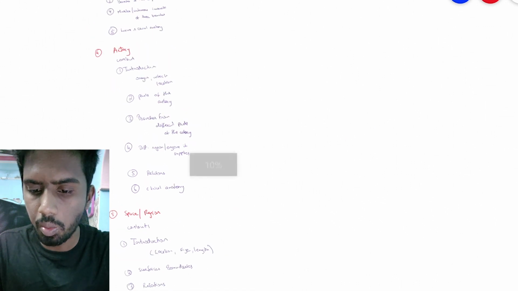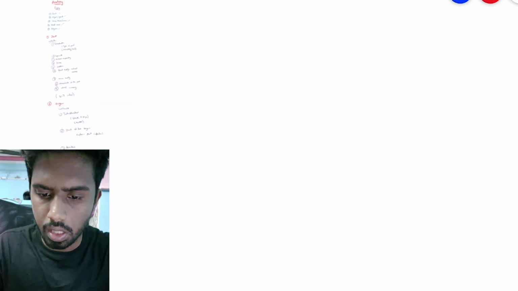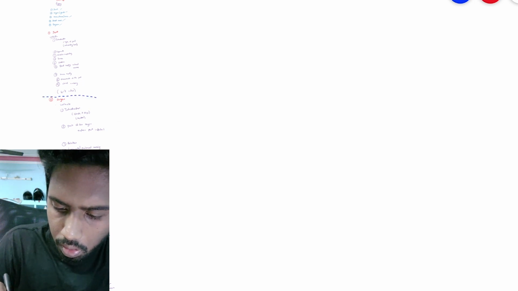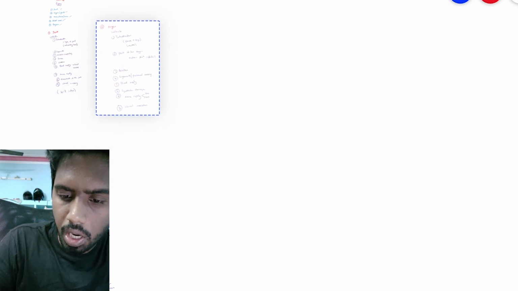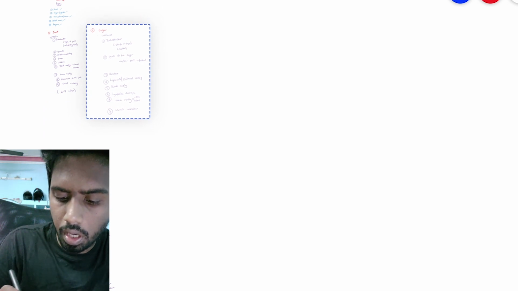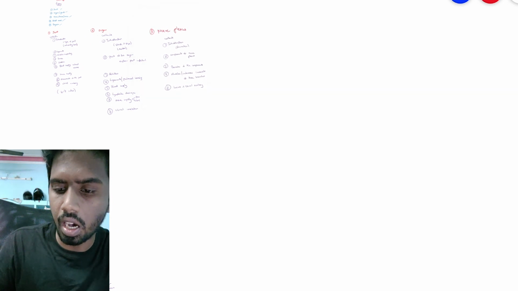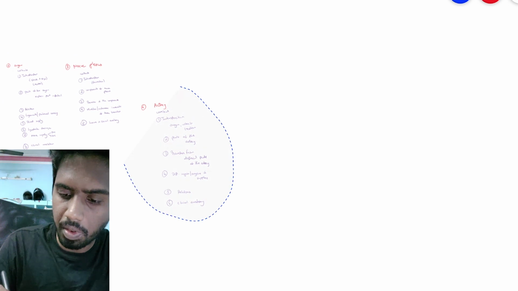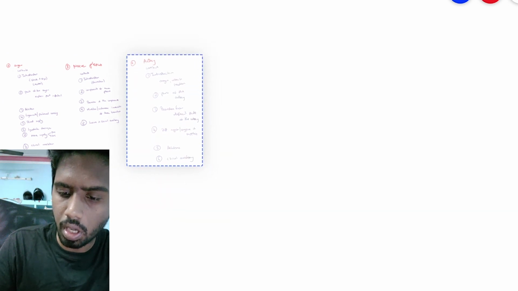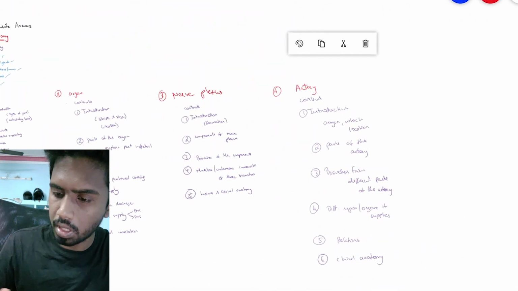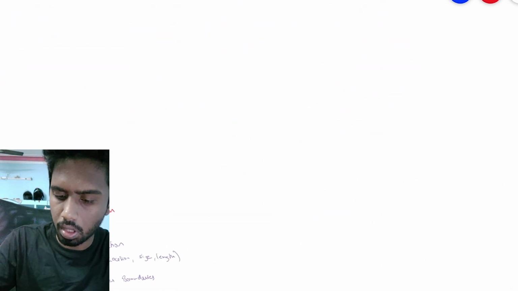So those are all the important things which you need to focus on, and I'll just rearrange it in a better way so that you could see it. And what I've done is I've only taken up all the common essays which I've asked in the previous years. There are some specific essays like arches of foot which I've not covered in this session. So arches of foot, you'll be very specific. If you read the book and you need to write it accordingly, you can't have some strategy like this. So these are all common things for which a strategy might be helpful for you to attempt easily.